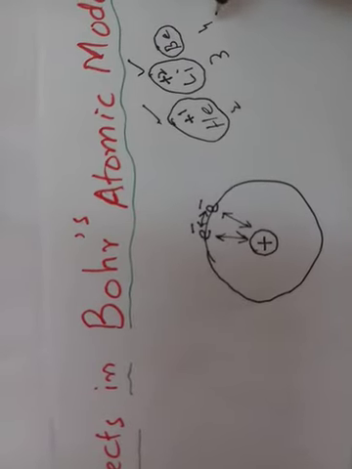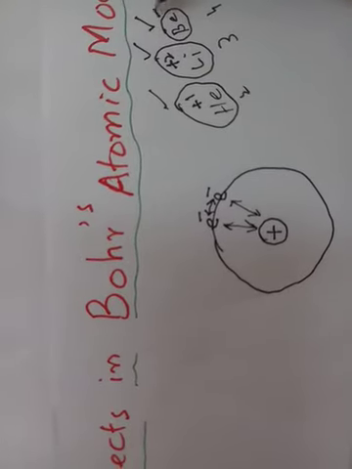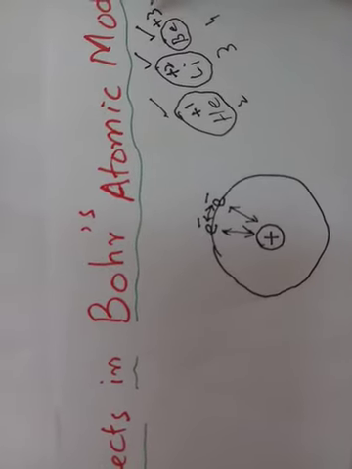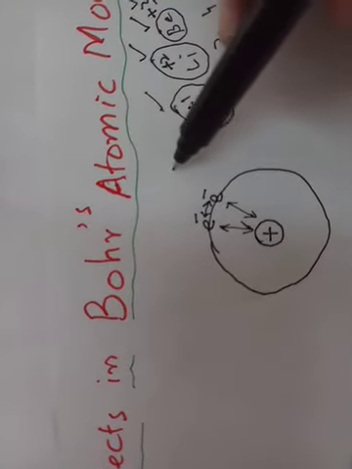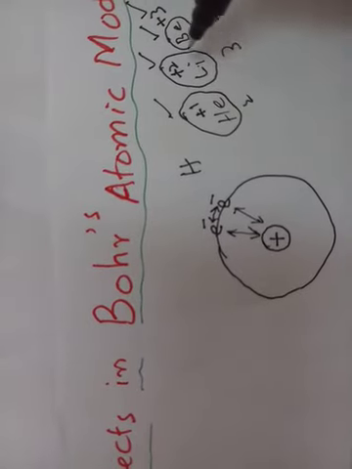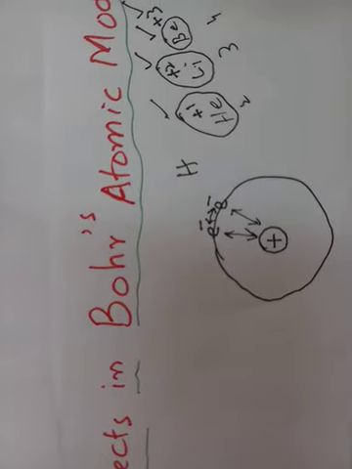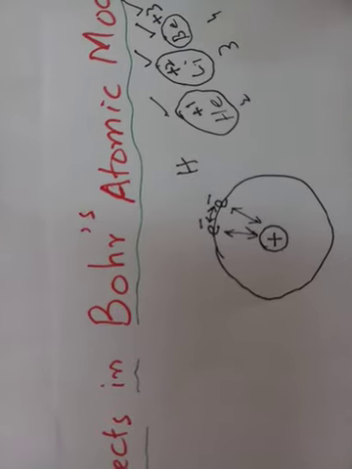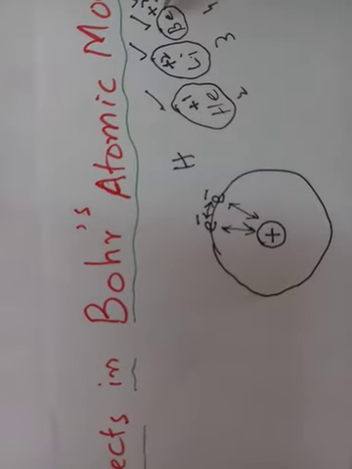Similarly, beryllium has a total of 4 electrons. If we remove 3, beryllium will be left with only 1 electron and will develop the charge of plus 3. Now the Bohr atomic model is applicable to hydrogen, and these are called hydrogen-like ions because they have just a single electron.